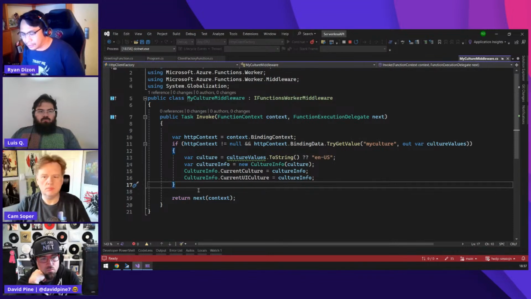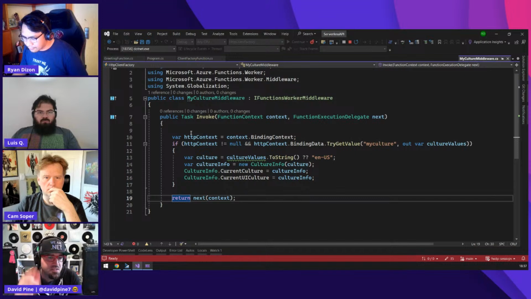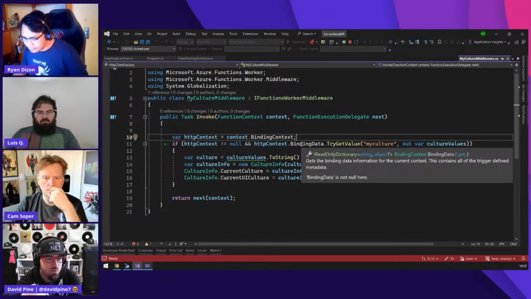You can have another middleware to do that, to apply to your whole project.